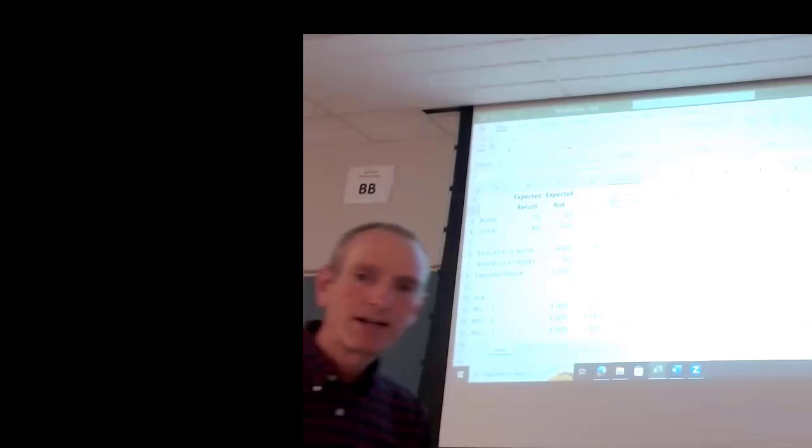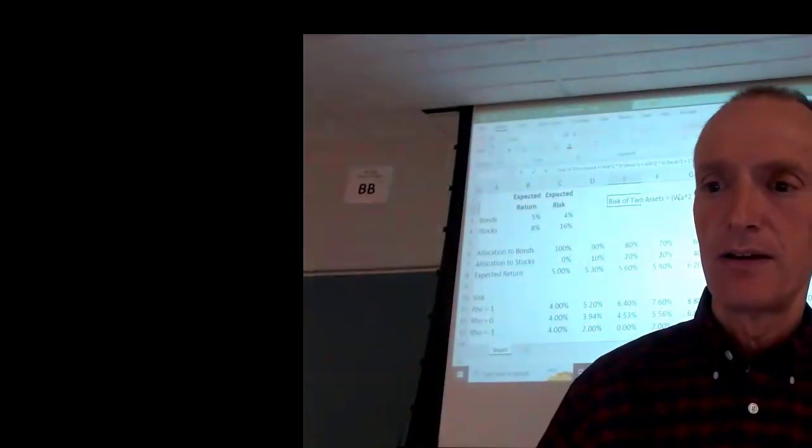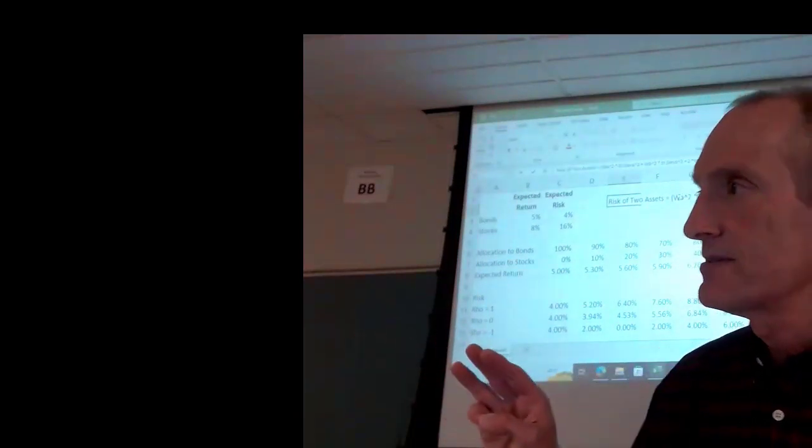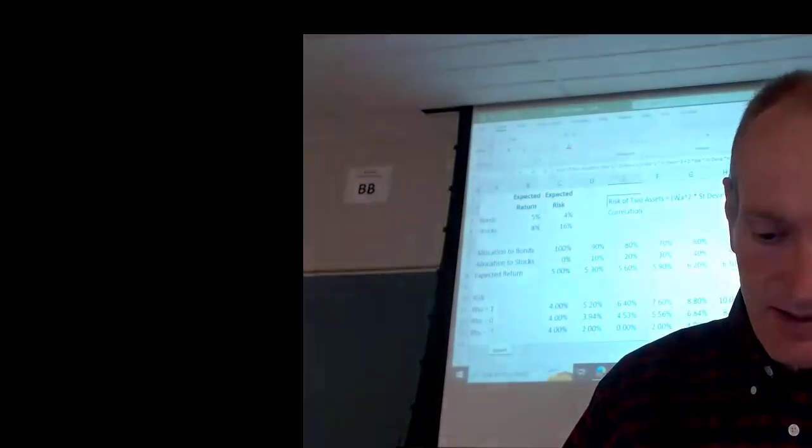So that's not difficult. It's just weight, standard deviation, weight, standard deviation. Weight of A squared times standard deviation of A squared, plus weight of B squared times standard deviation of B squared. Again, 2 times weight A, SB, SA. It's not that difficult of a formula. What's the last thing we do? Not yet. One more thing. You need 3 assumptions: return, risk, and correlation. And then you take the square root. All right, so that's the formula.